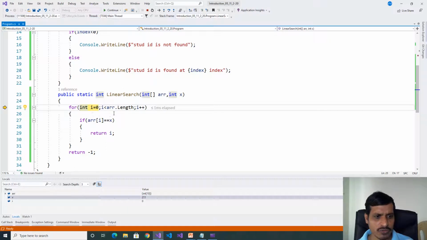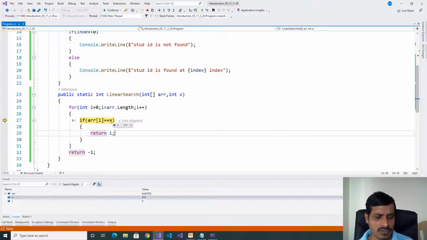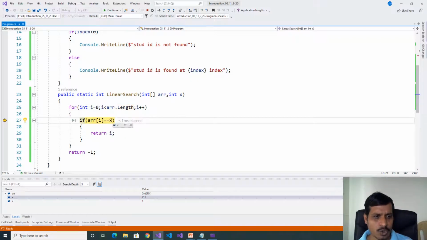Int i is equal to 0. 0 less than 10. Array of 0 is 120. x is 211. 120 equal to 211, false. Goes to the for loop. i is equal to 1. Then 1 less than 10, true. Here we will check 211 with array of 1. Array of 1 is 101. 101 equal to 211, false.